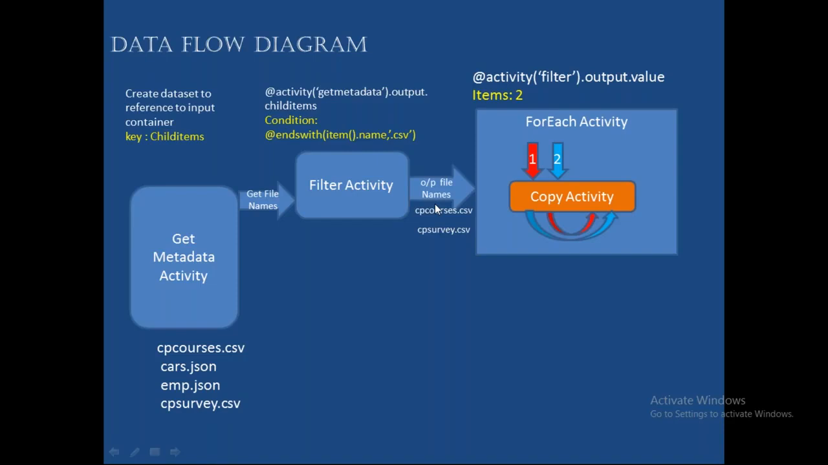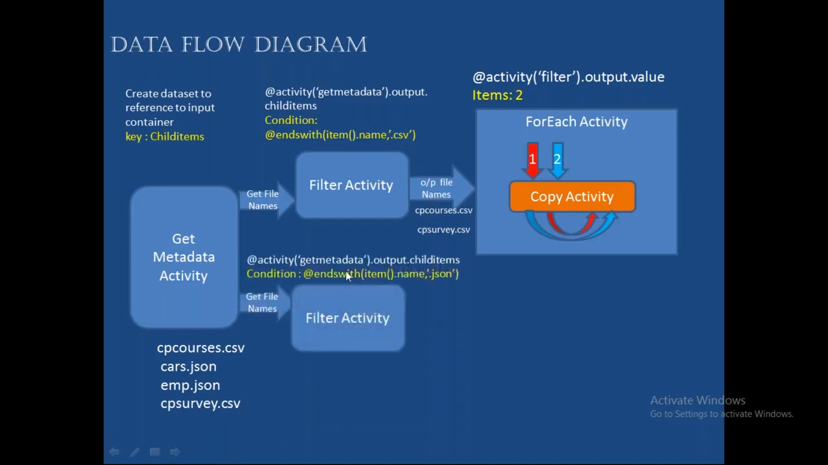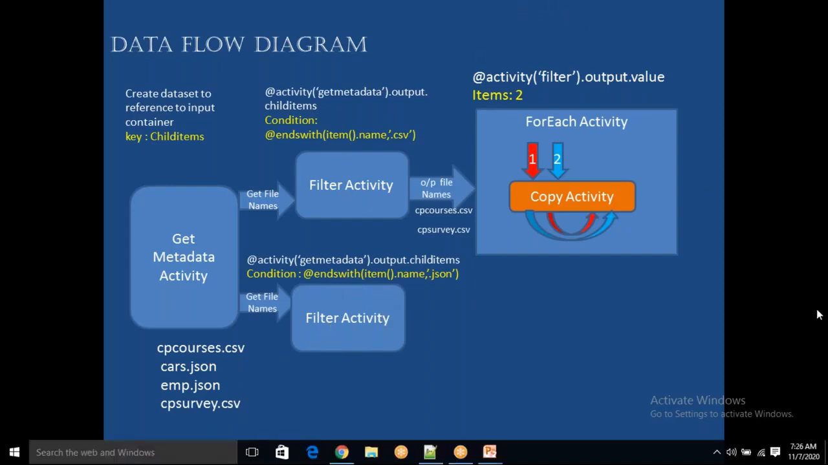Okay, this is with respect to the CSV. Now you see, I will come up with the .json. So at the rate activity of get metadata output child items, all file names I'm passing to the filter activity. In this filter activity, I'm using a condition here: ends with .json. Wherever I have file names ending with .json, those files I want to